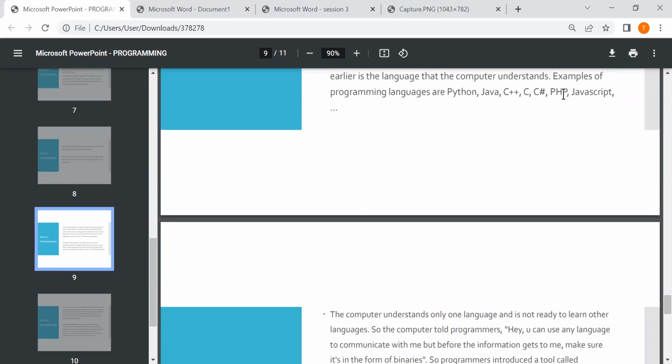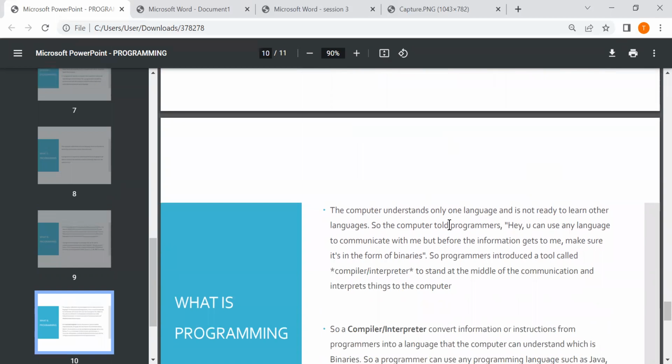The goal of the communication is to teach the computer how to perform a particular task, or how it can assist you, or how to perform additions of numbers so that it can add faster. The computer understands only one language and is not ready to learn other languages. So the computer told programmers, hey, you can use any language to communicate with me, but before the information gets